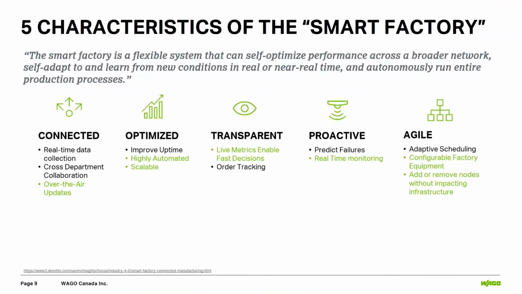So what is a smart factory? I guess the other thing we should mention here is that a smart factory is really the factory that's utilizing all these IoT technologies to their full potential. So when we talk about smart factory, the 5 characteristics of the smart factory: be connected. So we want to have real-time data collection and over-the-air updates. It needs to be optimized. We're trying to improve uptime, and we want to make things as automated as possible, whether on the production floor